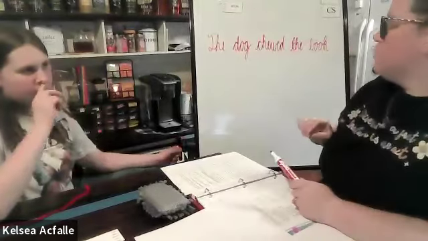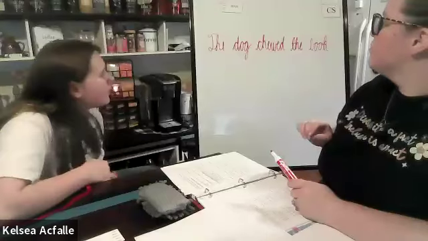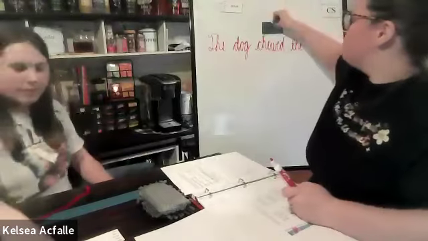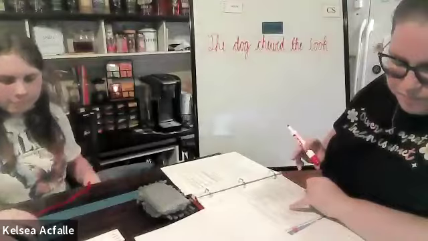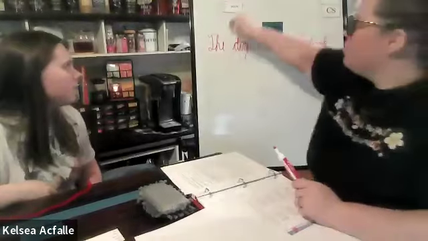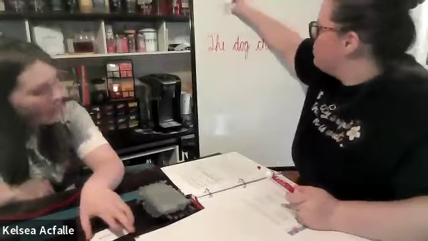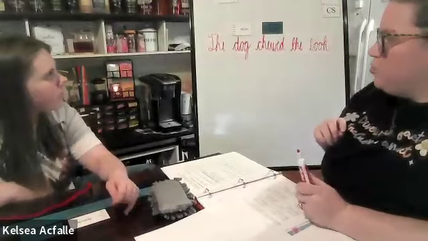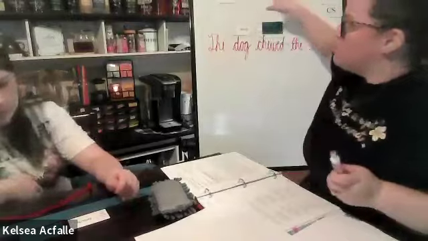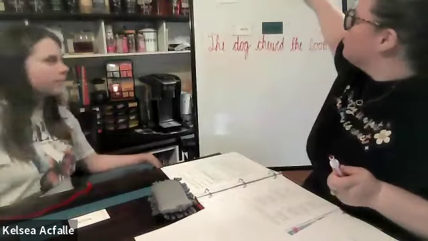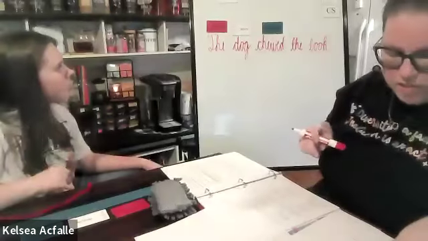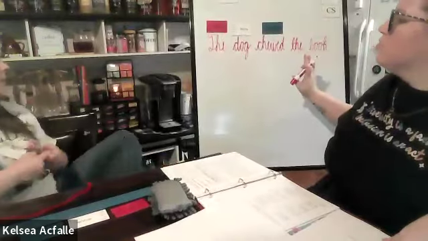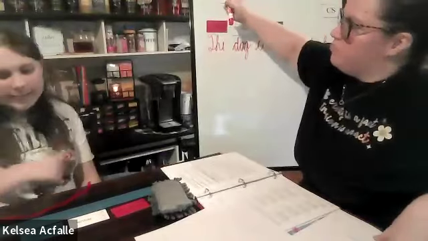What is the action of this sentence? What is the physical or brain action that happened? Chewed. Very good job. Okay. Who chewed? The dog. The dog chewed, and the dog is a noun. Good job. You just knew it. And what is the? The, which is an article. Okay. Chewed what? Chewed the book. Okay, but just one word. Book. And is that an article or a noun? That's a noun. Good.